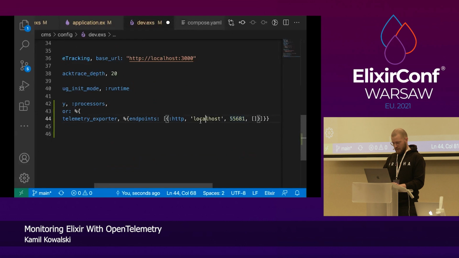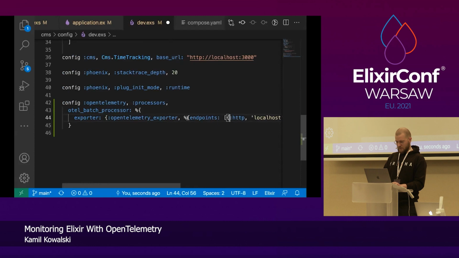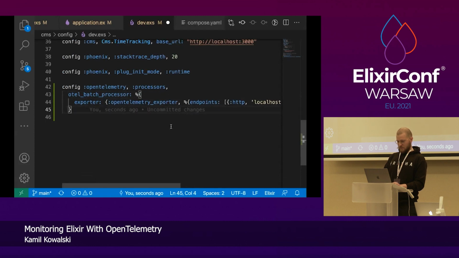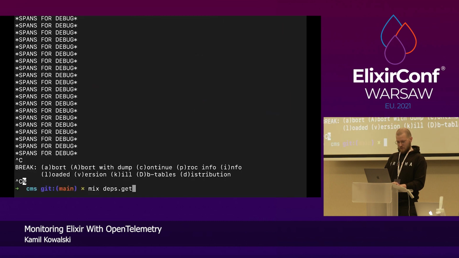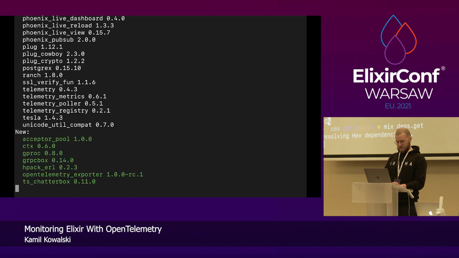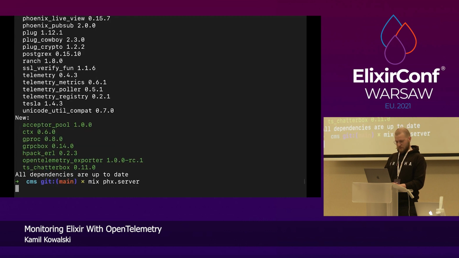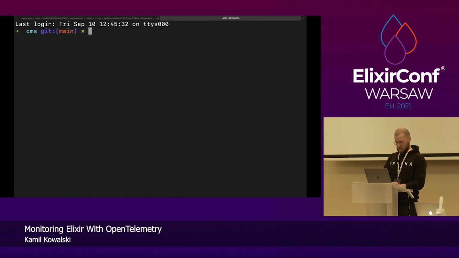Okay, it's weird because it's using a char list. So you don't use them very often in Elixir, but in this case, we need to use a char list, and it has this weird format. So maybe that's something that needs to be nicer to configure. I don't know. But anyway, if we try to save it and we get the deps and we run the server